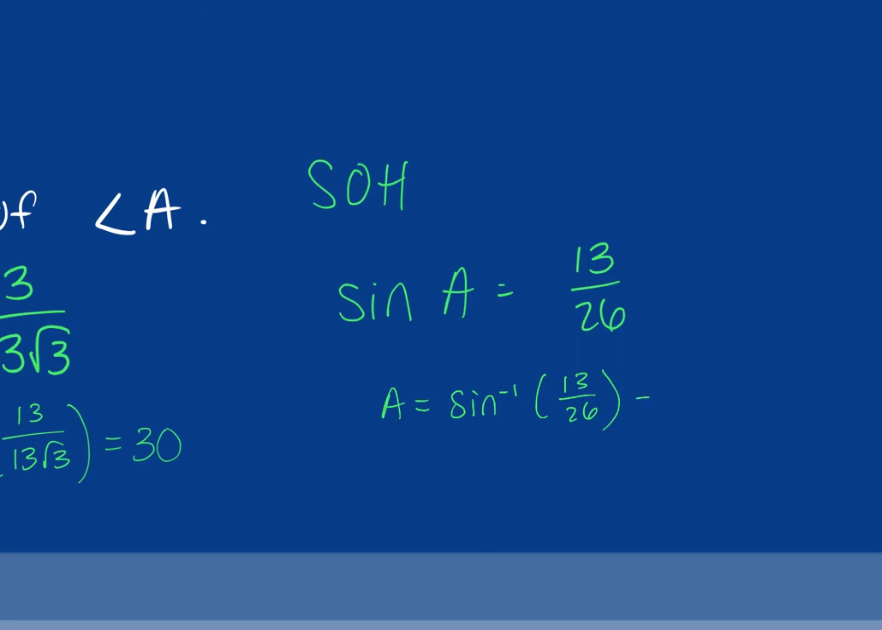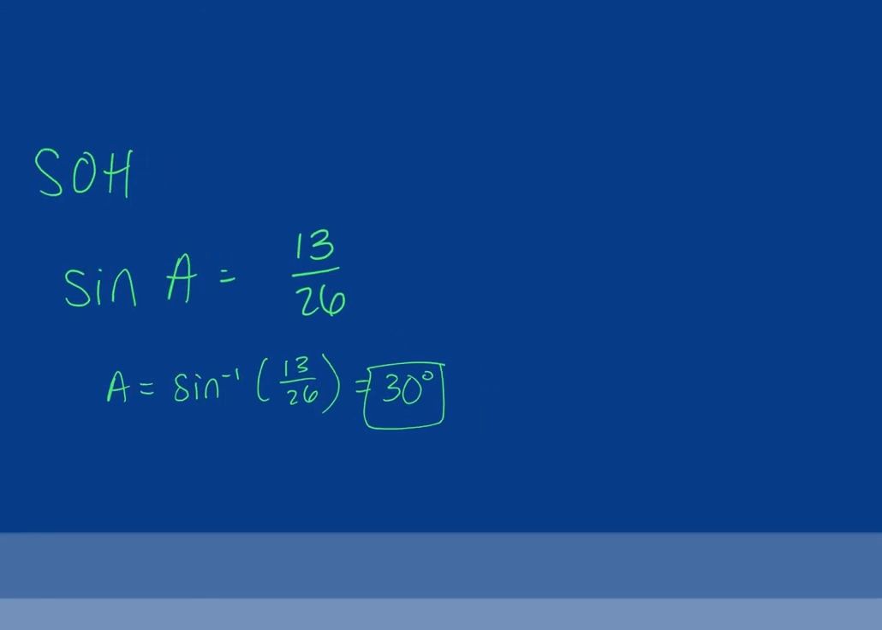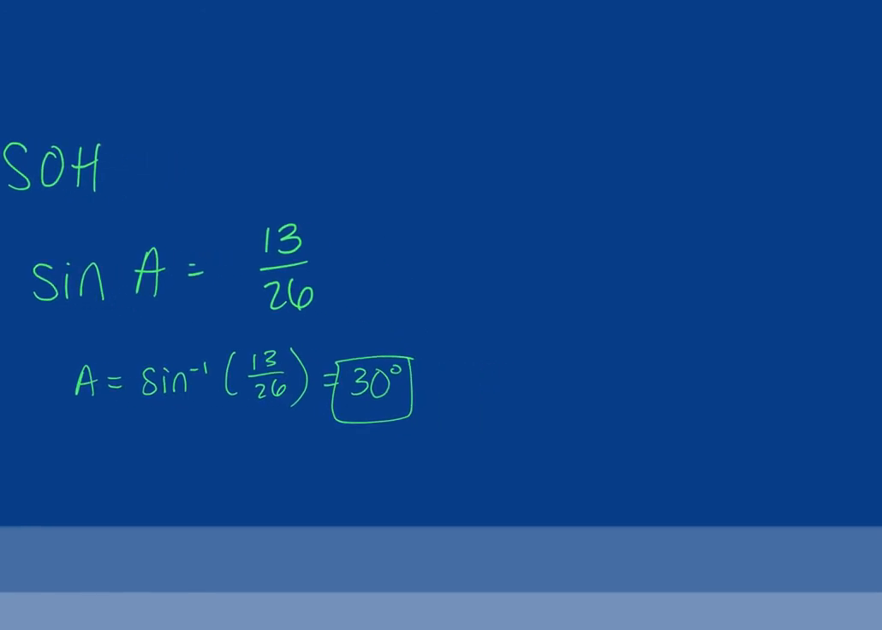It's the same answer no matter how we get there. So we use tangent, we got 30. We use sine, we got 30. Should we try cosine? Let's do it. Okay, so cosine. The cosine of A, remember, cosine is what letters? C, A, and